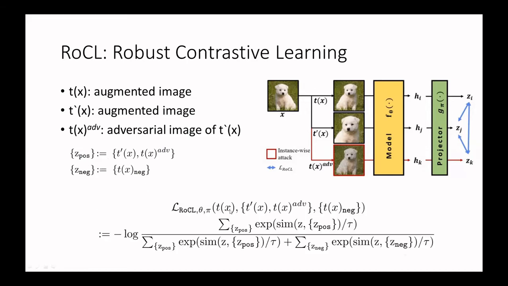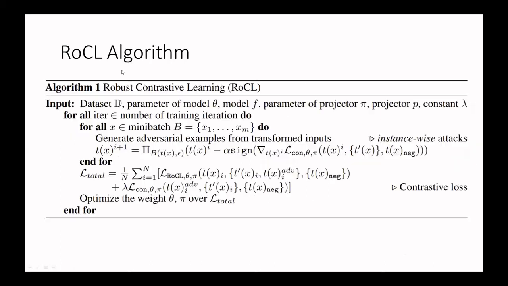So the whole contrastive loss that we have seen in the previous slide can be rewritten like this. Here the only difference is that the Z pos is being added with this adversarial image. Okay. So now in this slide, we'll be seeing the algorithm of the ROCL framework, where